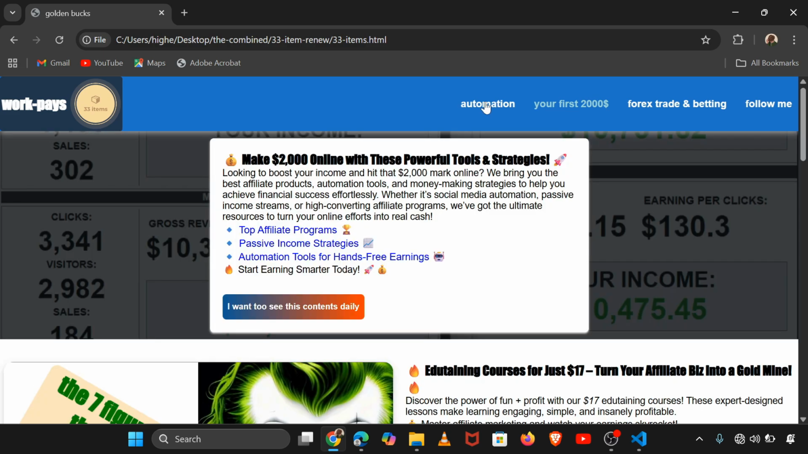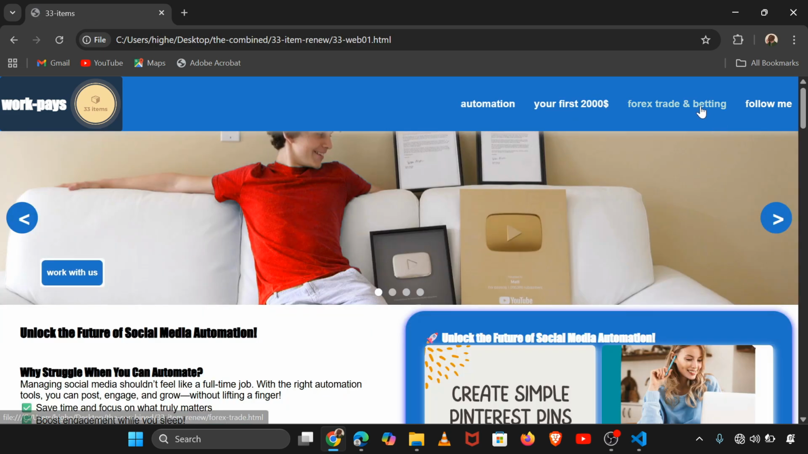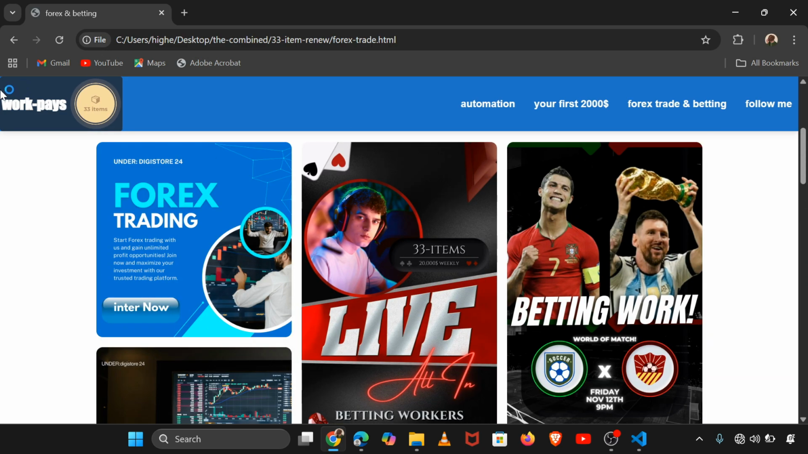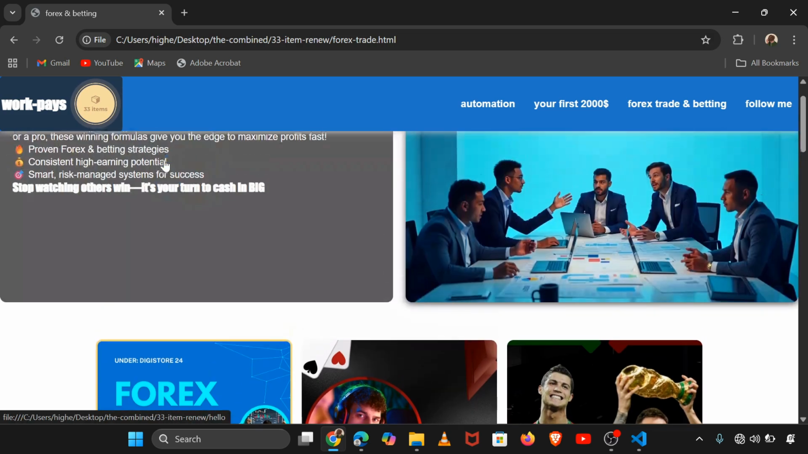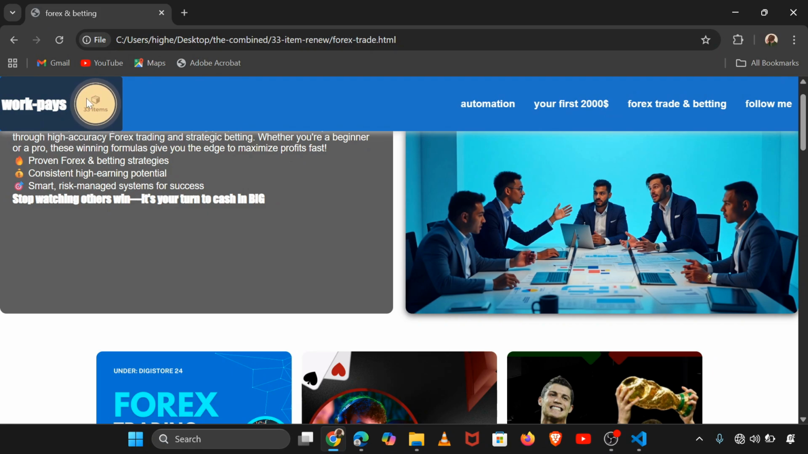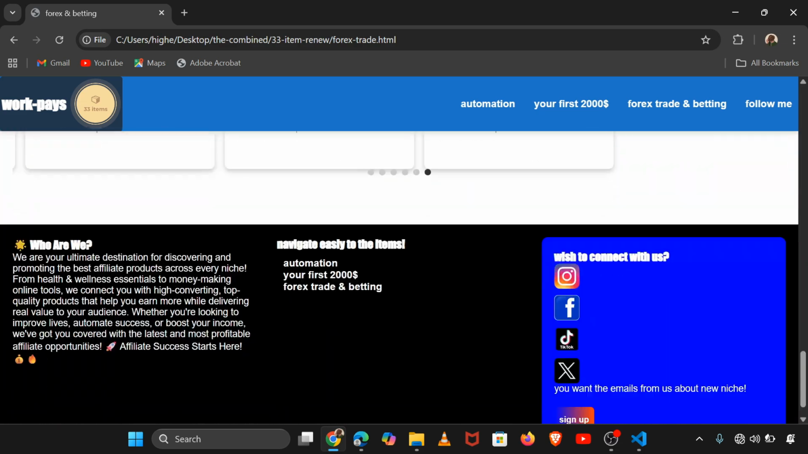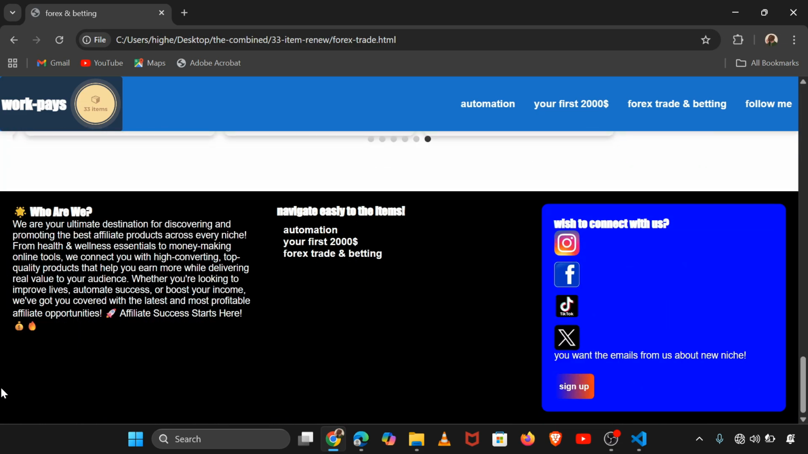You can see automation, forex trading and betting. You can see this part above, which contains this logo. You will find this logo in many places, even on my Instagram, even on my TikTok, Facebook. You will find this logo. When you meet with it, you will know that it is mine. So the footer is this below part, which contains also